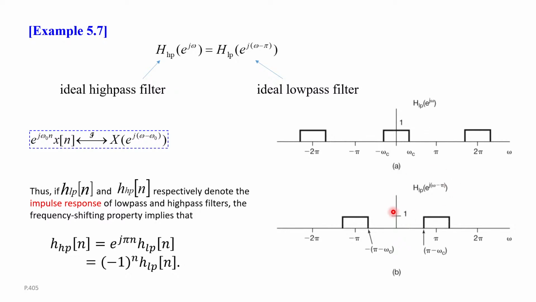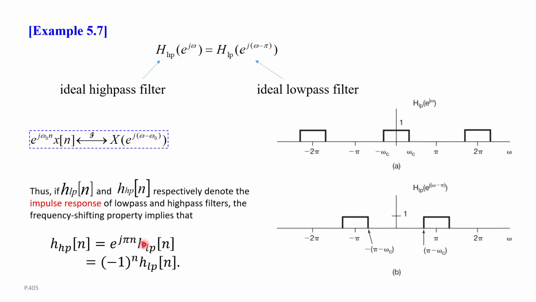which is the inverse. So this small h for this high pass filter should be e to the j omega n times the small h of the low pass filter, because of this frequency shifting property. Because we know this thing is the big H of the high pass. So shift back, and you get this h[n] times e to the j omega_0 n, where omega_0 here is pi. You want to shift by pi,